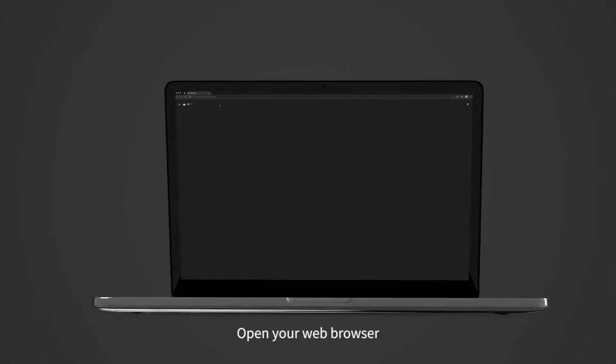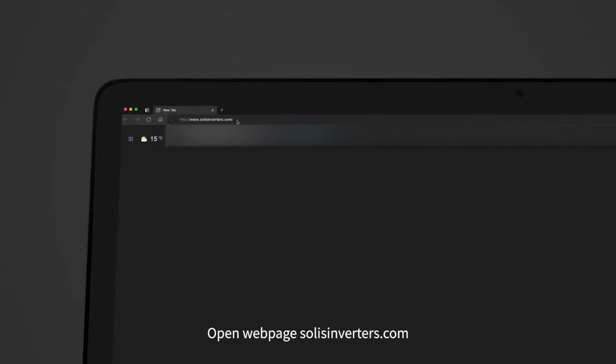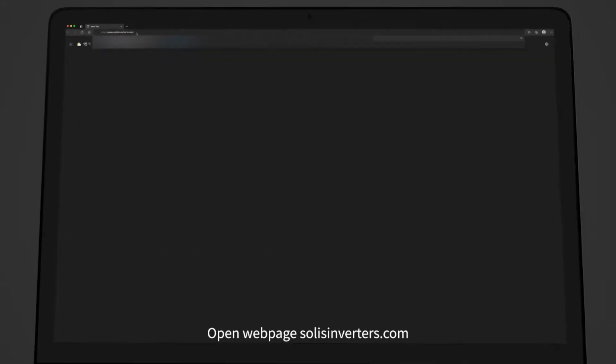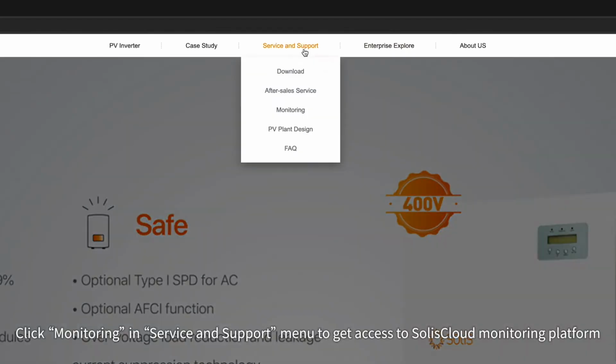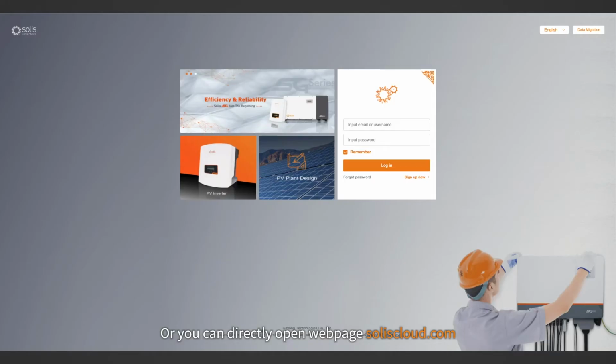Open your web browser. Open web page SolisInverters.com. Click Monitoring and Service and Support menu to get access to SolisCloud monitoring platform. Or you can directly open web page